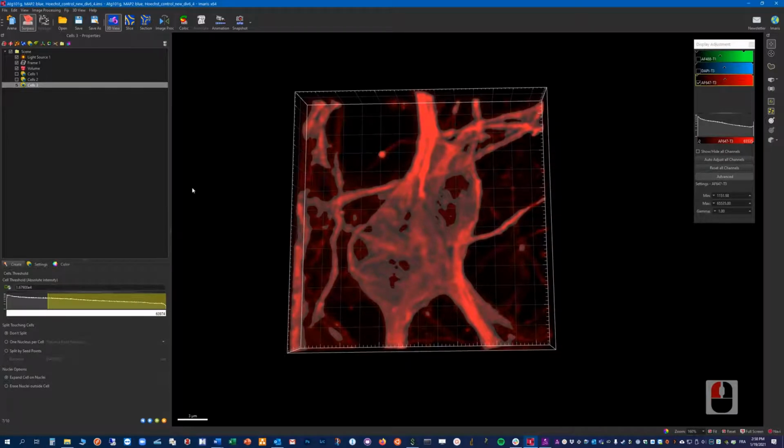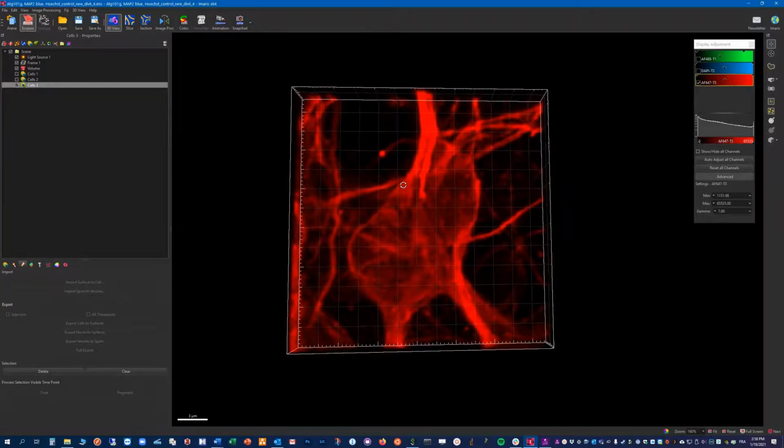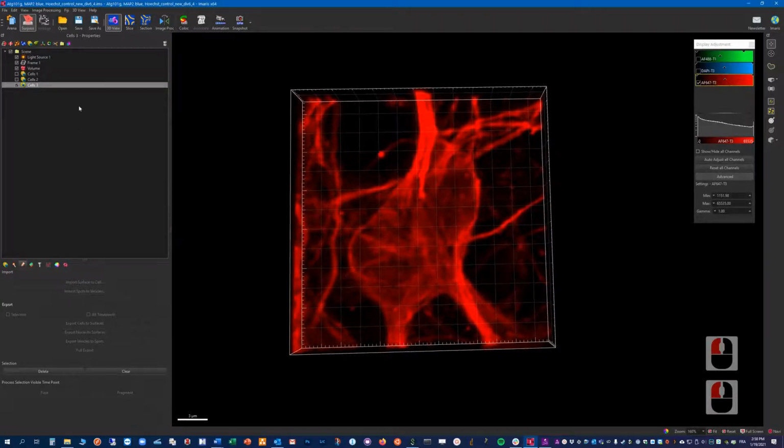So what we can do at this point is maybe try to do some post-processing on our image to even out this signal a bit. So let's just leave the cell module for a moment, and here what I will do is duplicate this channel so we can get a comparison. In order to duplicate this channel, there is no easy way to do it. The small trick I can give you is to use here add new surface,